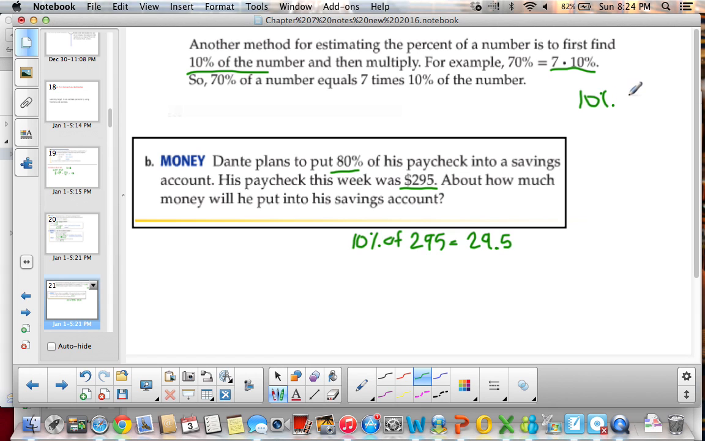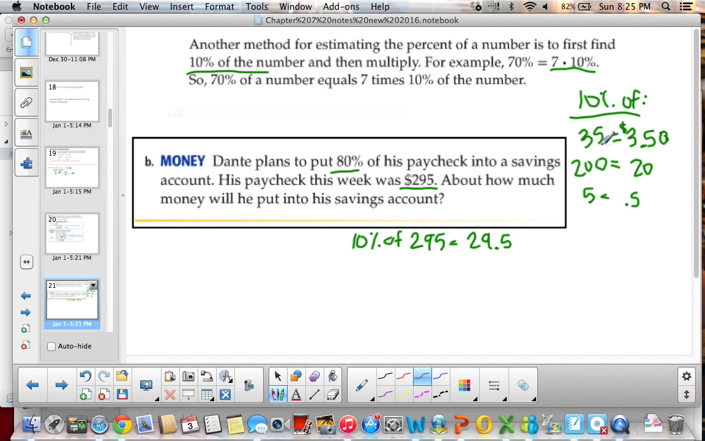10%, we'll do a quick little 10% lesson. 10% of 35 would be 3.5. Or if it's $35, then it'd be $3.50. 10% of 200 would be 20. 10% of 5 would be